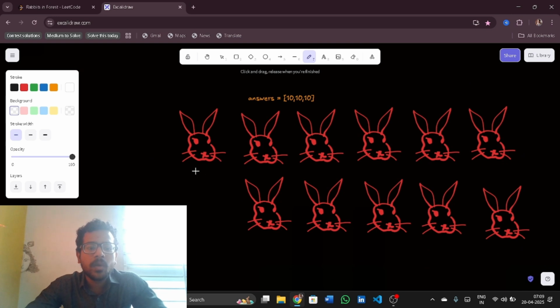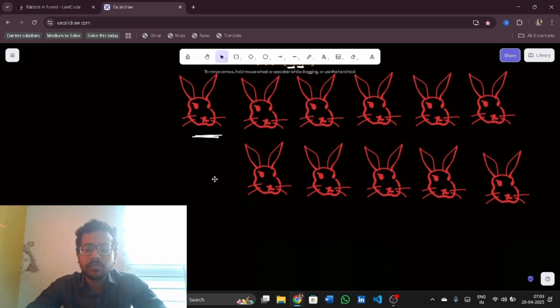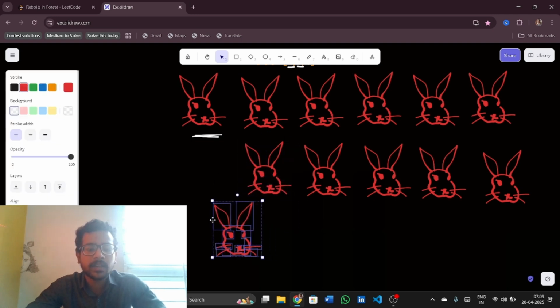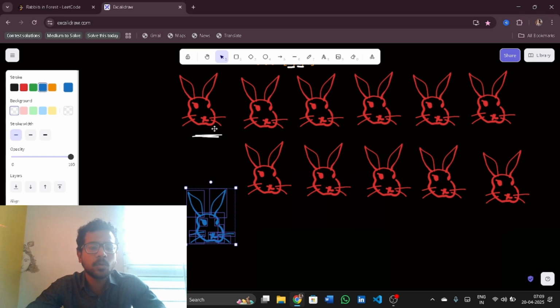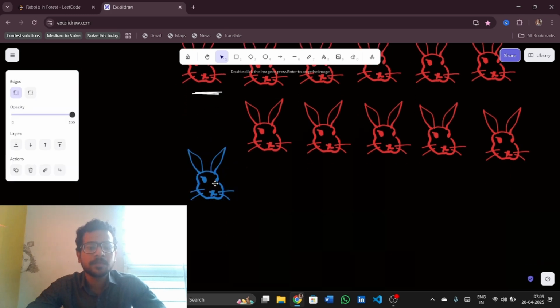Now I have asked this rabbit how many rabbits are there with the same color as you. It said there are 10 rabbits with the same color as mine, which is red. Okay for now. Now this rabbit returned 10 rabbits. Now I am asking the next rabbit how many rabbits are there with the same color as yours, and I am taking another rabbit with the color of blue and it will return, wait a second,